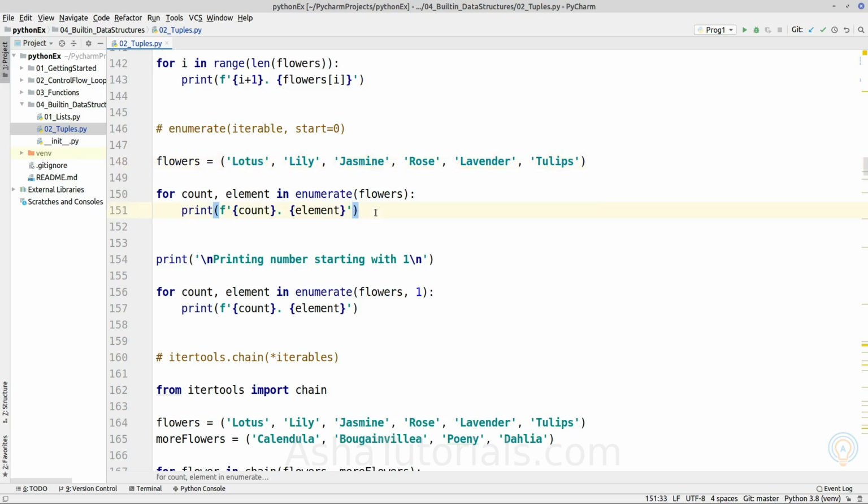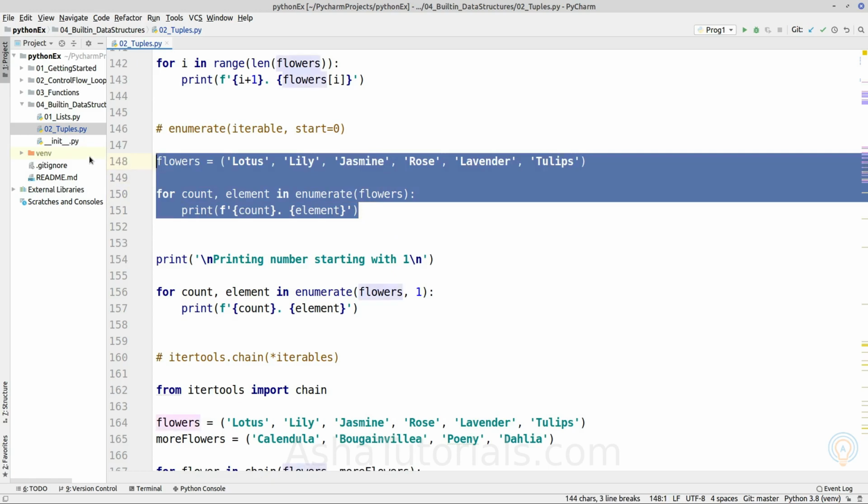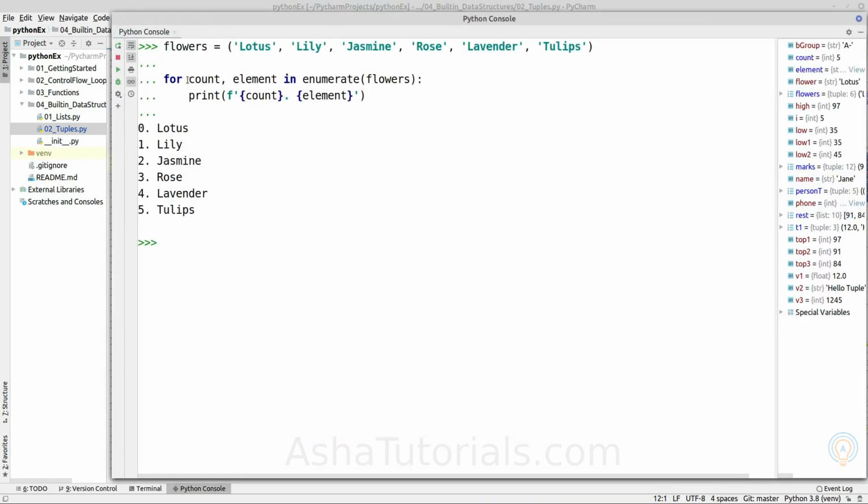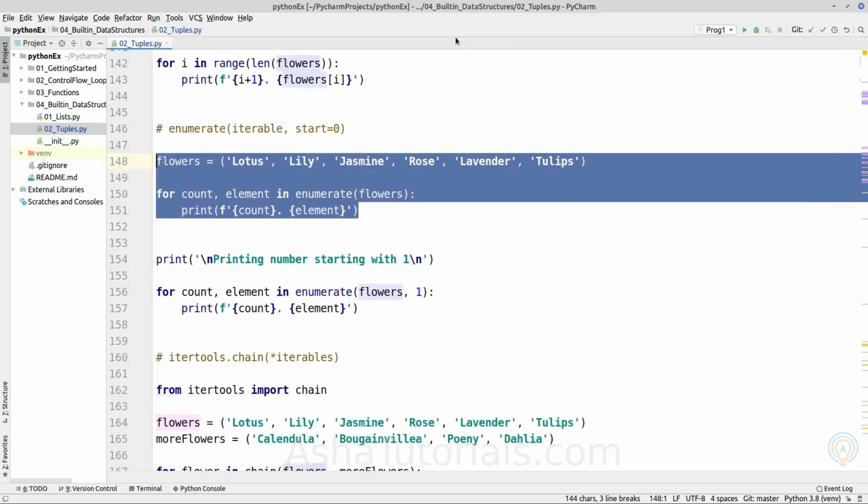If we execute it, as we can see, it is returning 2 variables at each iteration. The first is a count variable beginning from 0 and incremented by 1 at each iteration, and the second is an element which is progressing at each iteration by index.